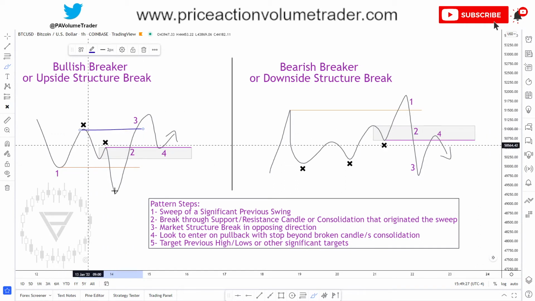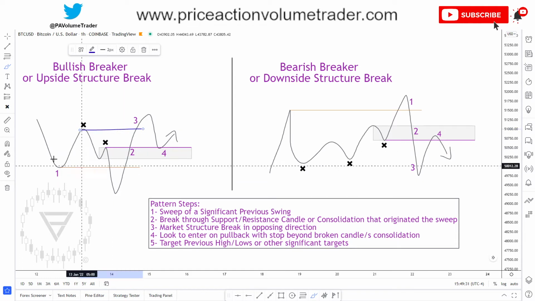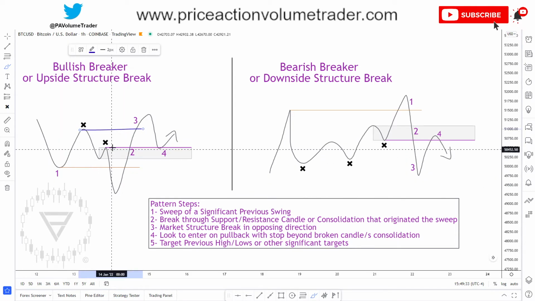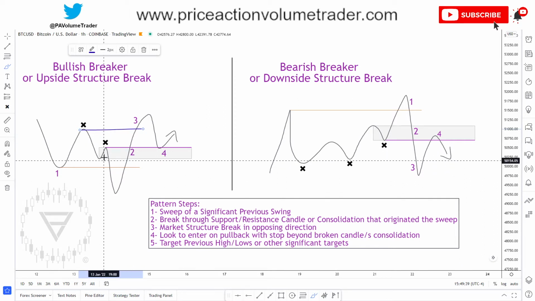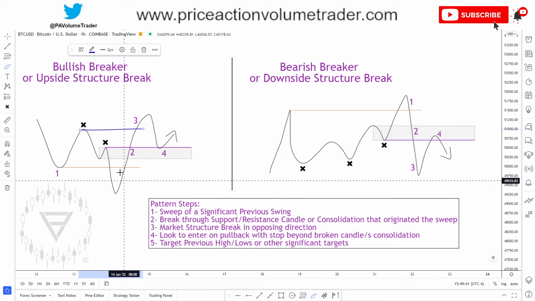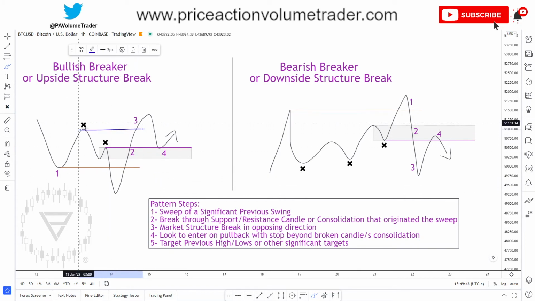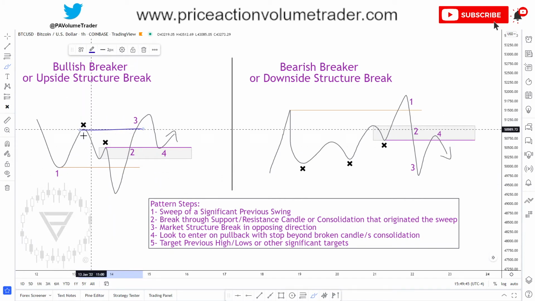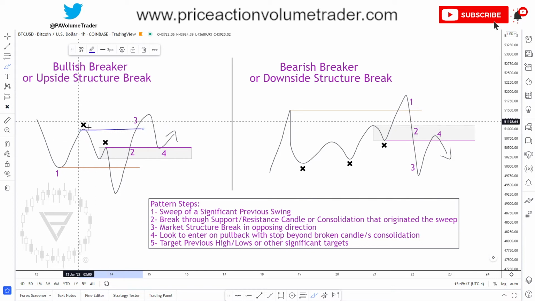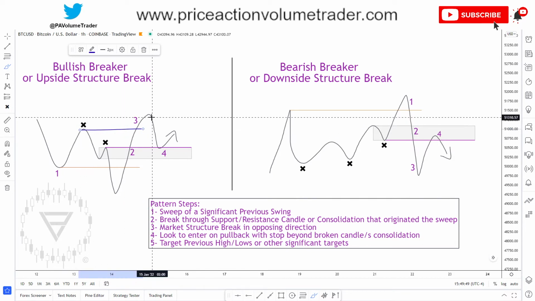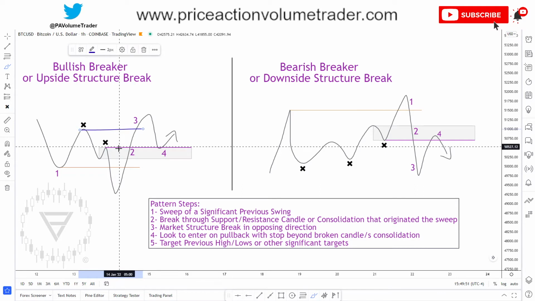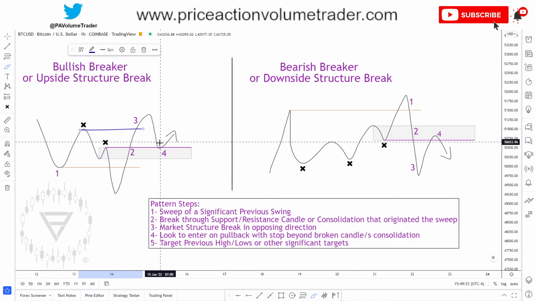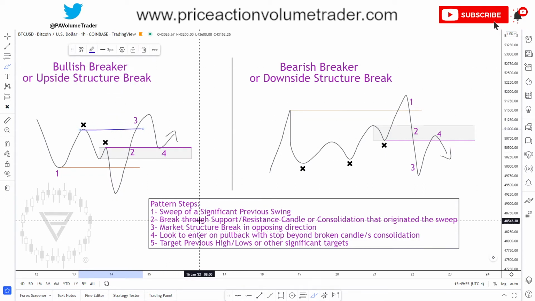Once we have these three ingredients together, where we had a sweep of a significant swing low, a break through the immediate supply area or the last up candles that caused the sweep, and we break the last significant swing high to the upside, meaning we're breaking market structure up, then we go into the fourth step, which is where we're going to look for our entry,